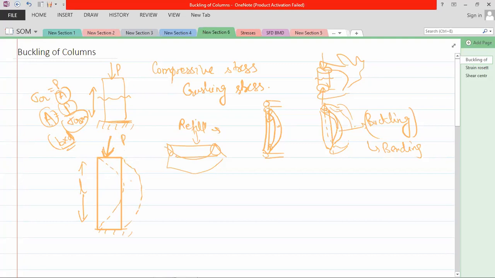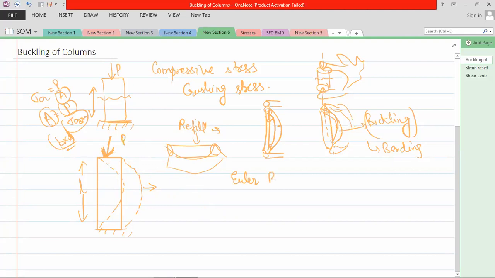This will also cause failure, because if you increase the force P and design your body that way, it would fail only by compressive stress. But before reaching the compressive stress, the body fails through buckling, and this is not the required case. If you look at bridges and columns, any pillar of a bridge could fail like this. That is why the term Euler buckling comes.